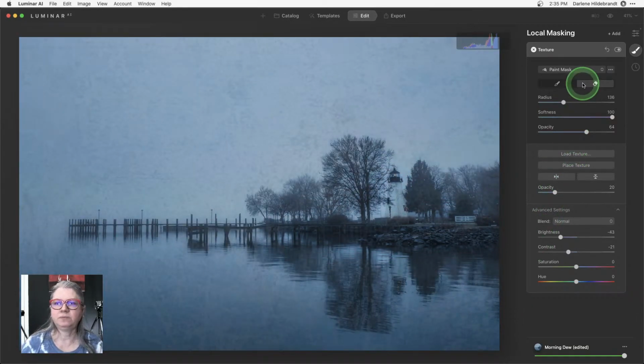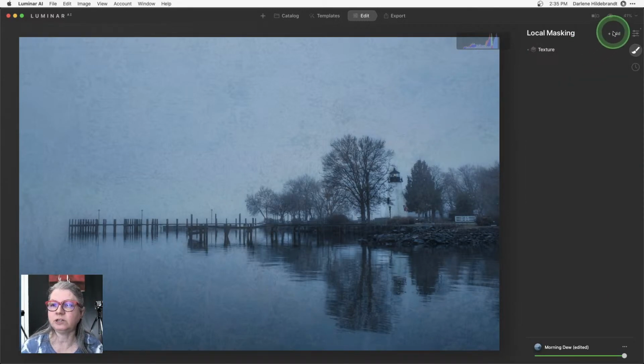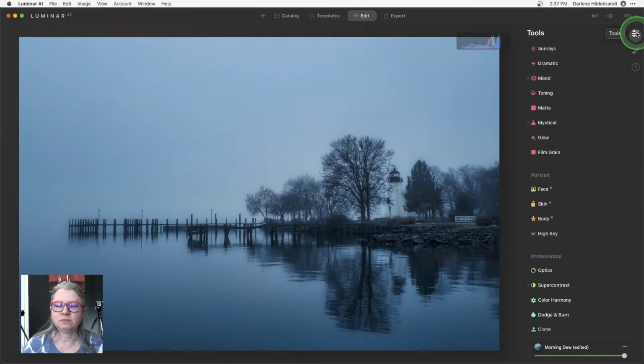That's pretty good. Okay, so now if I wanted to apply another texture, I'll just show you how to do it. You just close that one and add another one, okay? So I hope that gives you an idea of what to do with this kind of image and how to apply a texture. Again, something that you cannot do inside of Lightroom because that's a layer effect. Let me come back here and see if there's any questions.